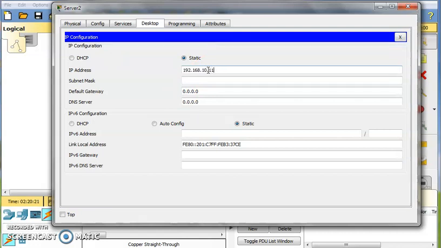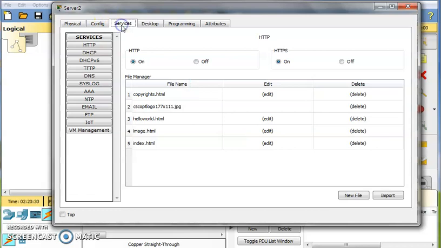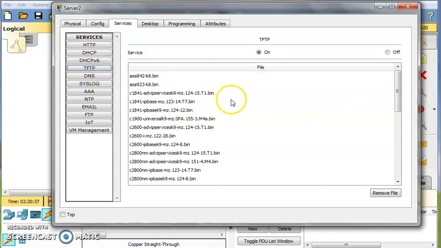That is, this IP is 10.1. No need of any gateway. Let's configure TFTP. In this service, you have to choose TFTP. If it is off, then you have to turn it into on state.